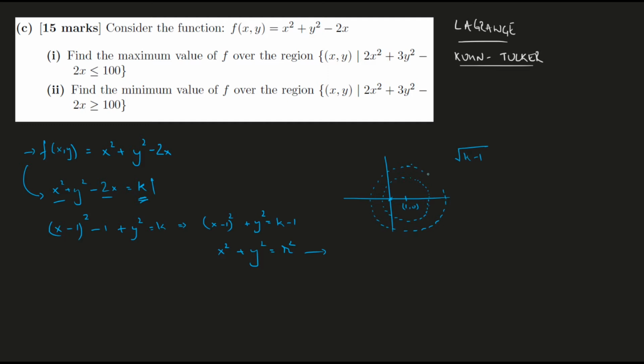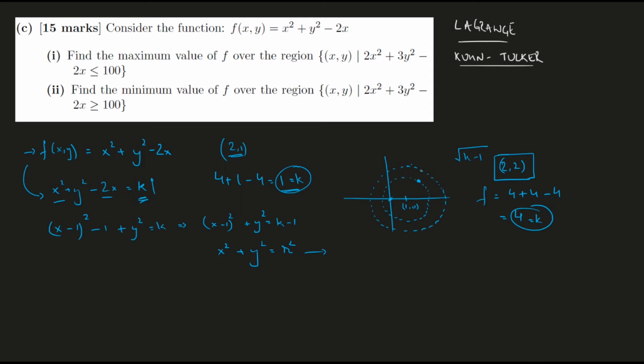Let me take an example to show this to you. Let's say I took a point (2, 1). This is that point (2, 1). For this particular point, the value of my objective function is just 1. So k equals 1 in this case. And similarly, if I were to take something like (2, 2), that would make the value of the objective function equal to 4 plus 4 minus 4, which is just 4. So for this particular point, k would turn out to be 4.